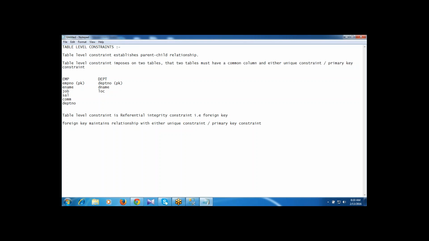Right? How I am writing the foreign key constraint is: create table, table name, column definition 1, constraint, constraint name, type of constraint of column name, references, table name of column name, comma, column definition 2.